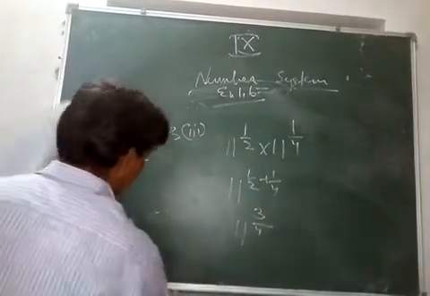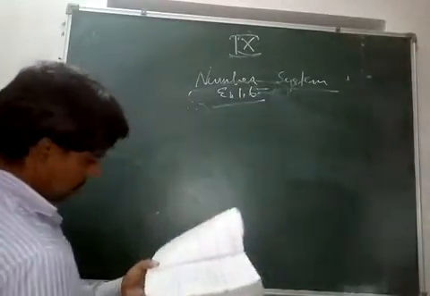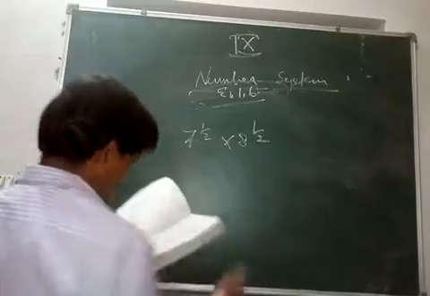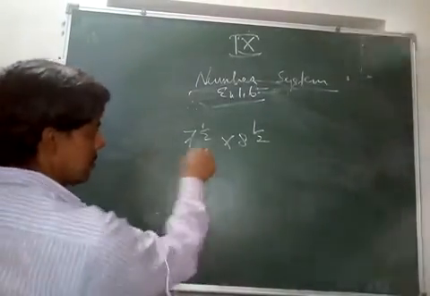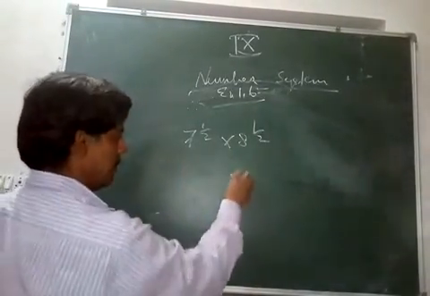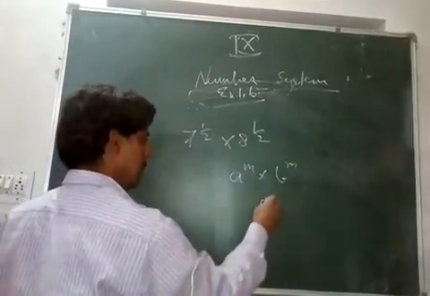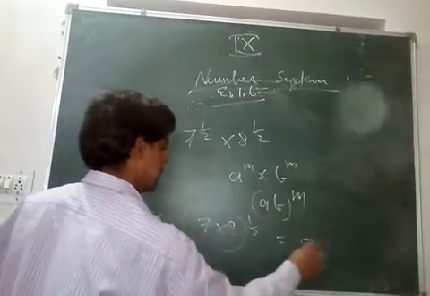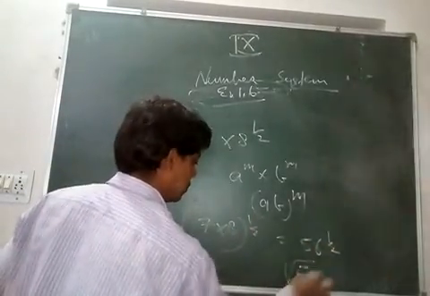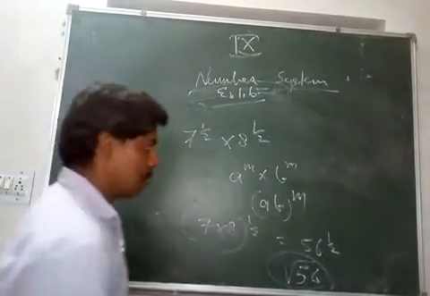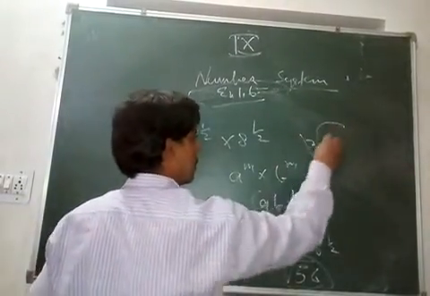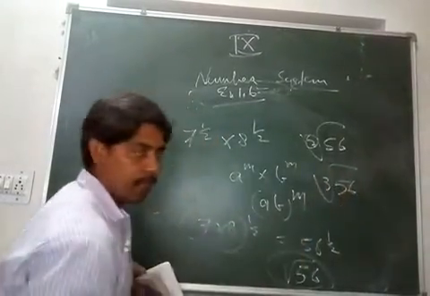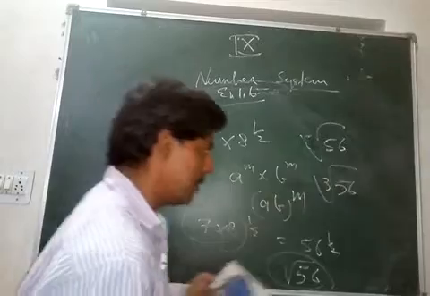And similarly, let's do one more question here. The fourth part: 7 to the power half into 8 to the power half. You can just multiply them because these are different but the exponents are the same. So you are using a to the power m, b to the power m is equal to ab to the power m. So this is 7 into 8 to the power half, that is 56 to the power half. Also can be written as root of 56. Second root, we don't write 2 here. This is understood. But for third root, that is cube root, we write 3 here. In second root, this is understood, so we don't write 2 here.